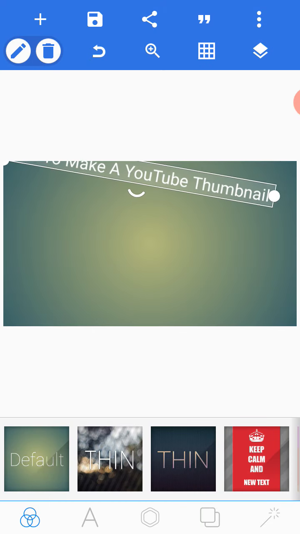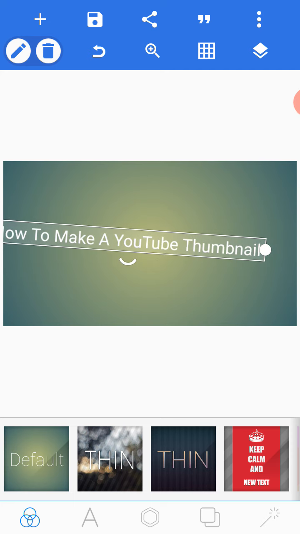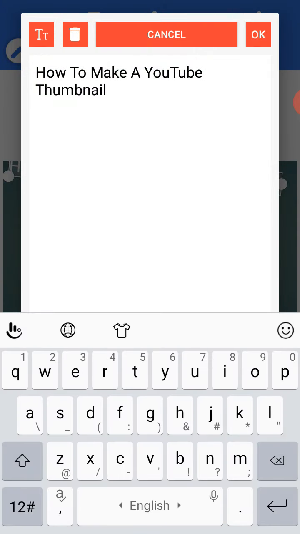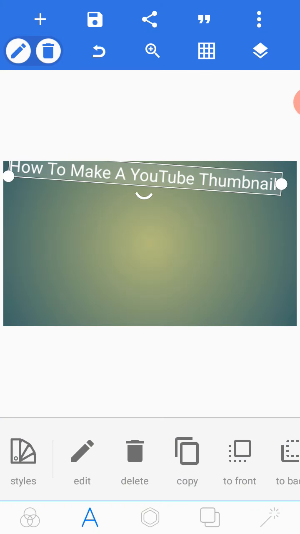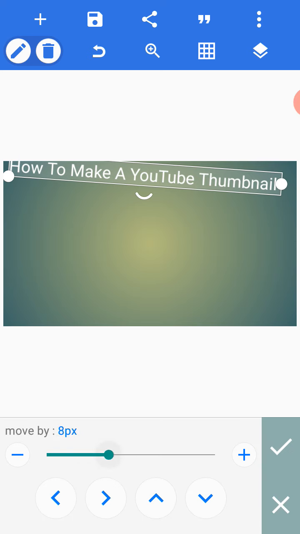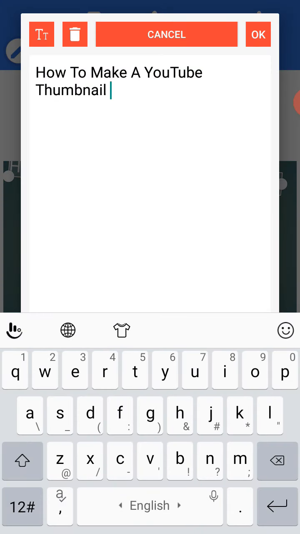Now I'm going to set the size of the title and increase it. I'm going to go to the icons first and click on edit. After that I go to position and increase the text size, and then make the font size bigger.